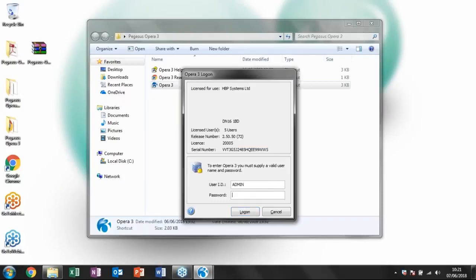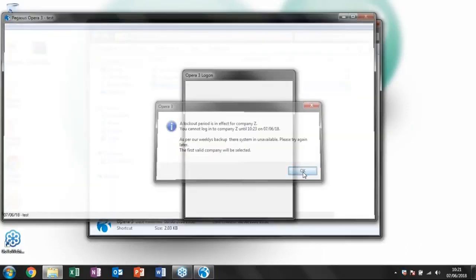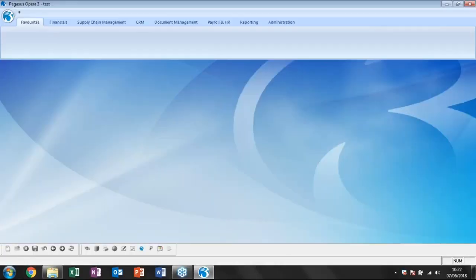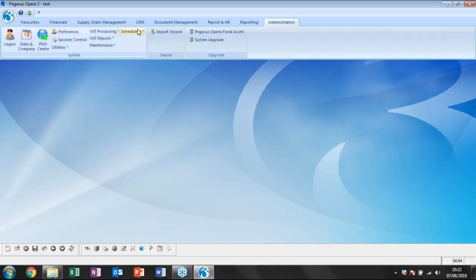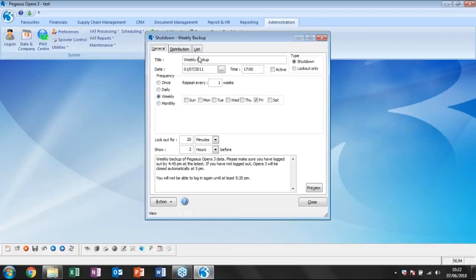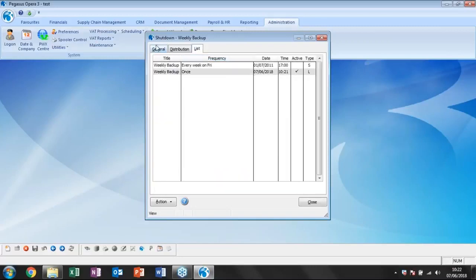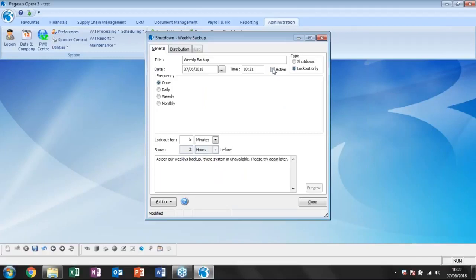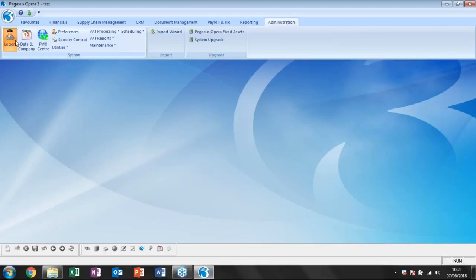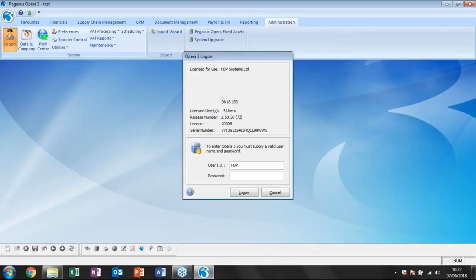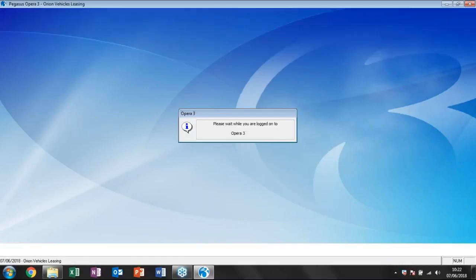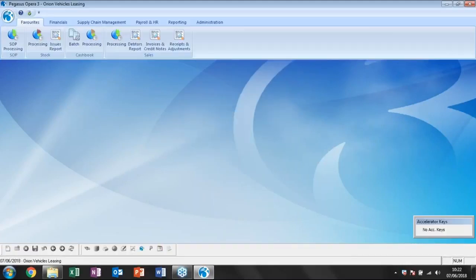So what I'm going to do is I'm going to log in as the admin user. And because I kept us ticked on, it tells us there's something in process, but it does still allow us in. Under Administration, Scheduling and Shutdown, I can then find my task and deactivate it. Click Save and Close. So if we try and relog back in now as HBP, who was a user we did notify couldn't log in, that's allowed us straight back into the system. So it is a great tool to kind of keep that processing neat and tidy in terms of getting users